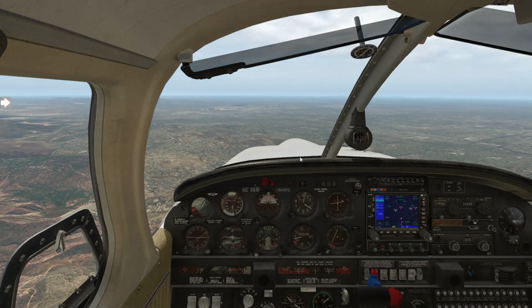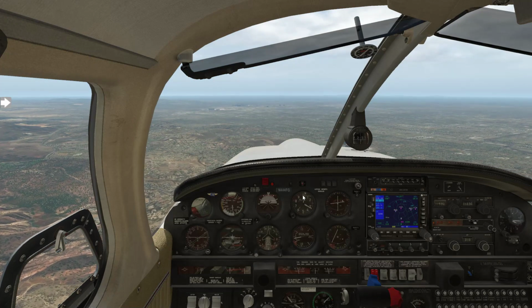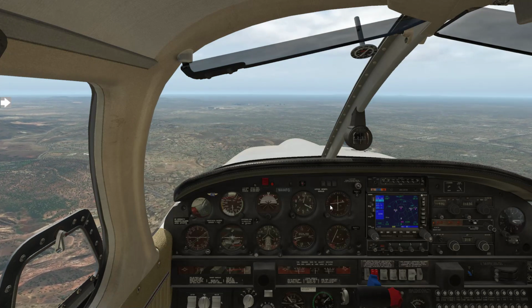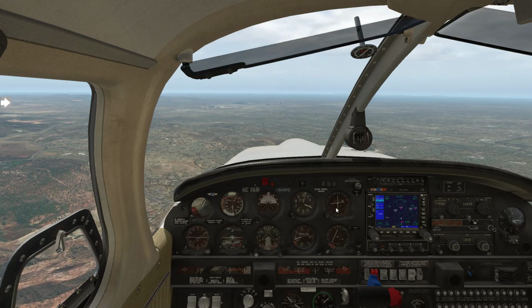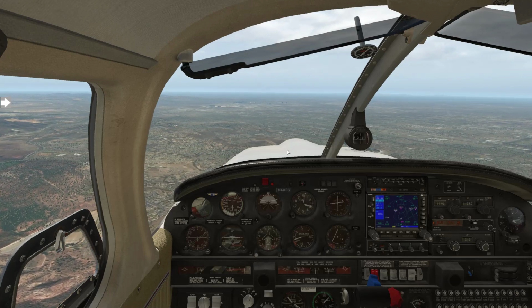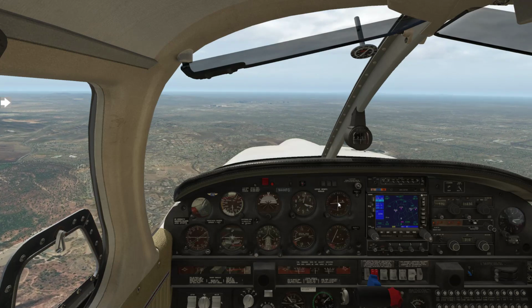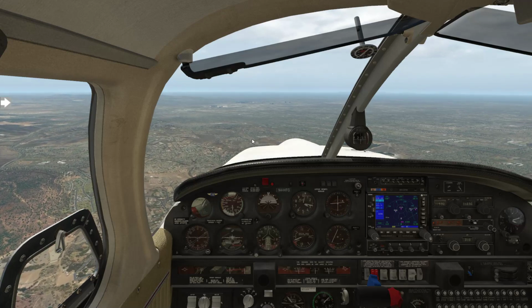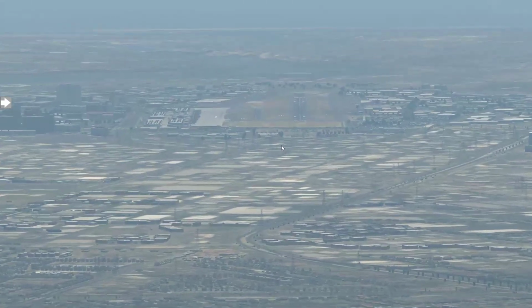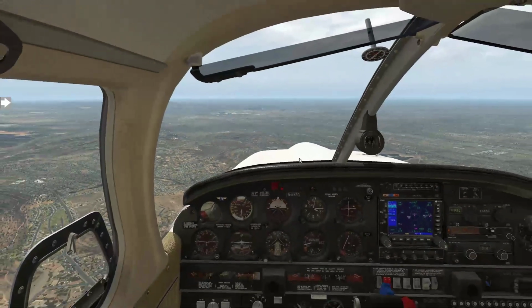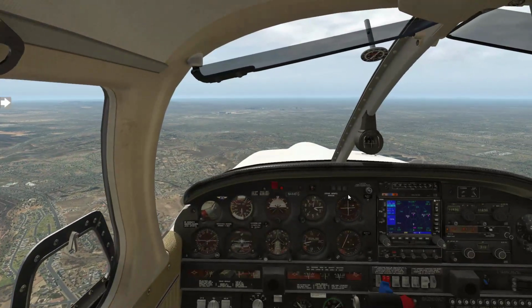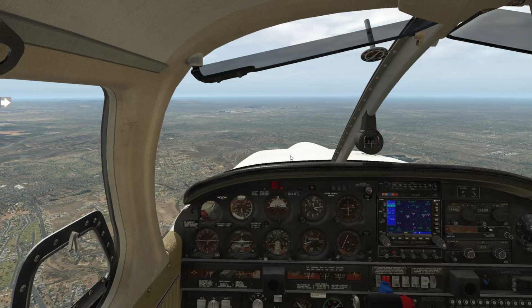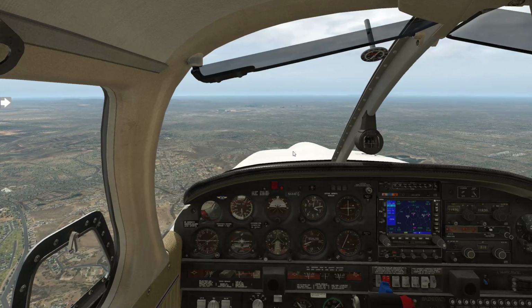So maintain 3000, we're above 3000 now, so we basically can't go below 3000 until we're established. We're established now, so we're fine. But you can see right here, the goal is to make this be just perpendicular, make it across. And you can see here that we are, according to the PAPI lights, lined up perfectly. And as long as we keep those things lined up, it'll take us all the way down to the runway